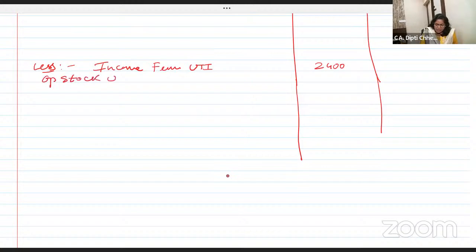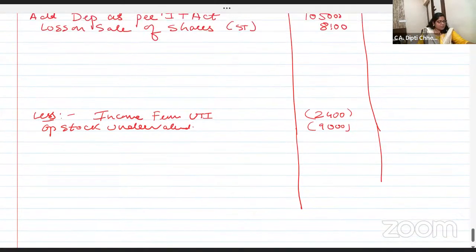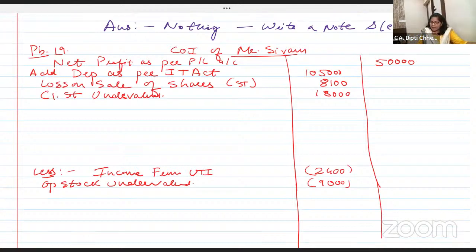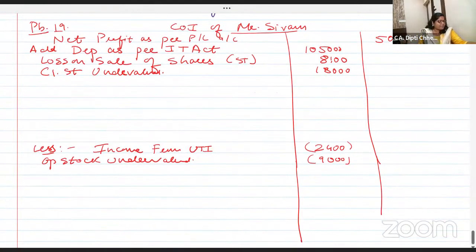opening stock undervalued. तो अब ले लो, कितना ओपनिंग स्टॉक मिस हो गया है आपका? 9,000. तो ले लो. If you consider what's the impact on profit? Reduce. Closing stock you missed. Closing stock undervalued. 18,000. So add it. Closing stock, if it is undervalued, closing stock ko बढ़ा दो. If you increase closing stock, the profit will increase. So that's the impact. Next, I'm reading out the point in case if you're not having the material.